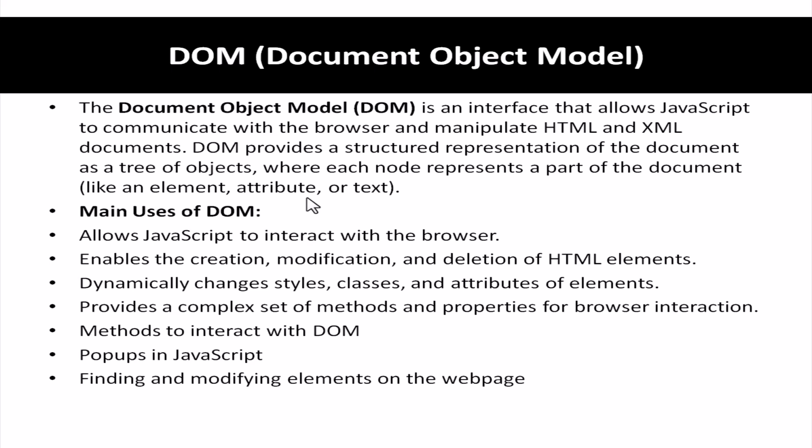Methods to interact with the DOM. You can use functions, for example, an alert box when you click, or display prompts. Like that, you can use particular methods based upon the function. A function may return the sum of x plus y. Like that, methods can interact with the DOM. Pop-ups in JavaScript: you can even use pop-up windows in JavaScript,